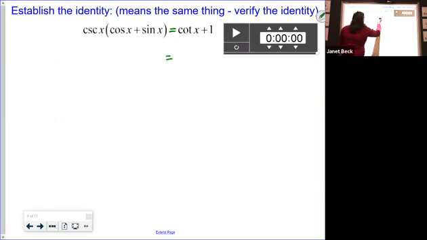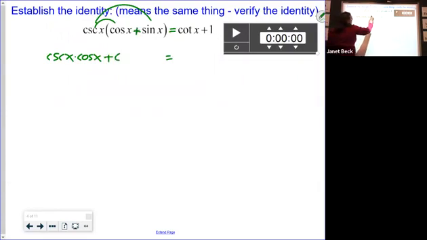So the first thing I can do with that left, I'm going to distribute. Cosecant x times cos x. Then I've got plus cosecant x plus sine x times sine x. I'm just leaving the other side alone, so I'm just going to leave it blank. You don't have to write it out again. And this,